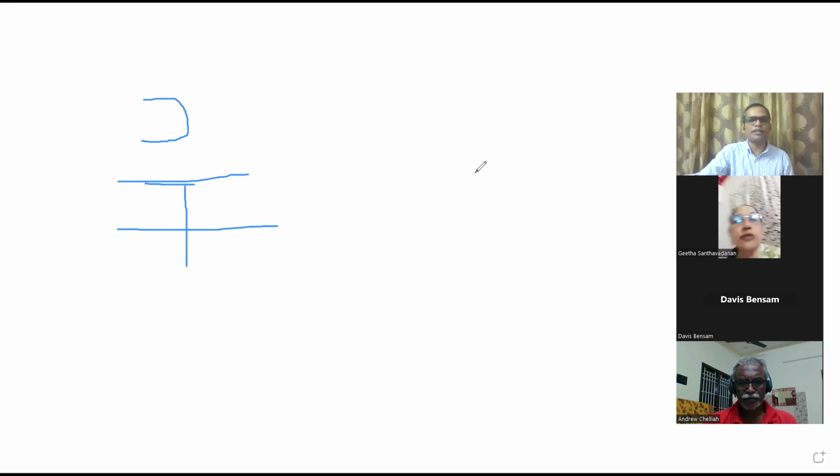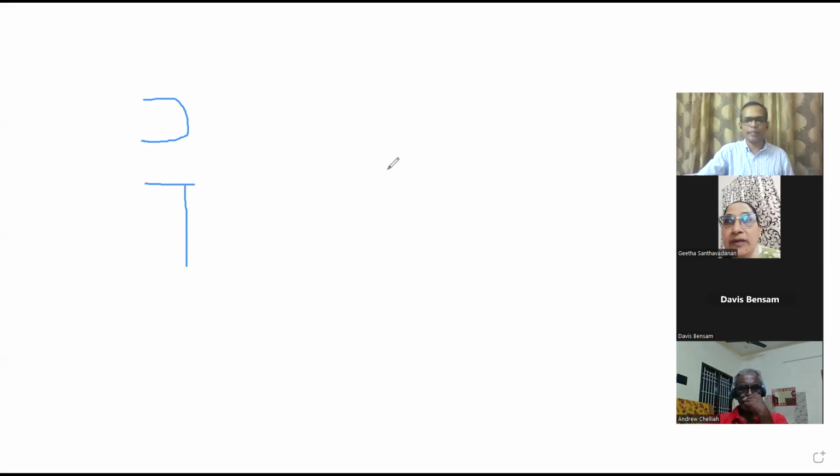Okay. On the top also, will it be extended, sir? Yes. While you are putting the horizontal line, will that be extended further for the vertical line? Yes, yes. See, this is the horizontal line,